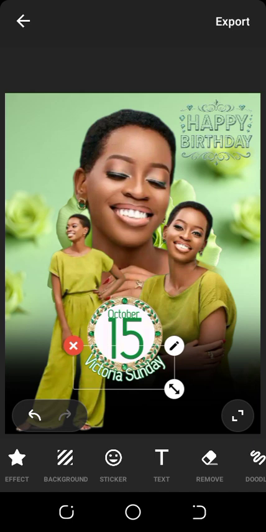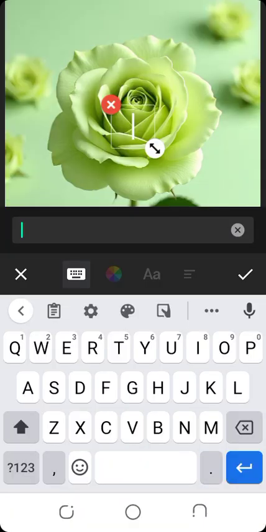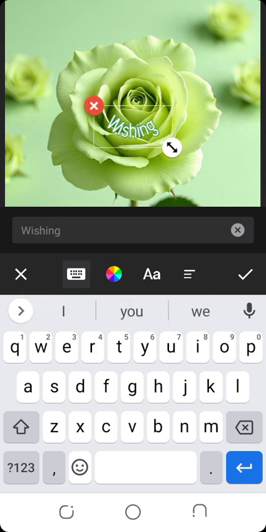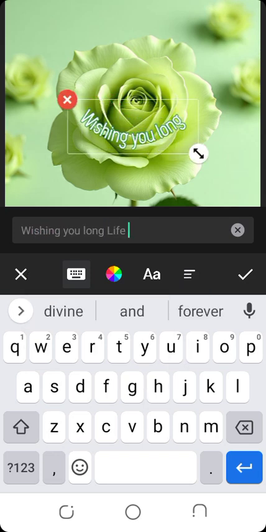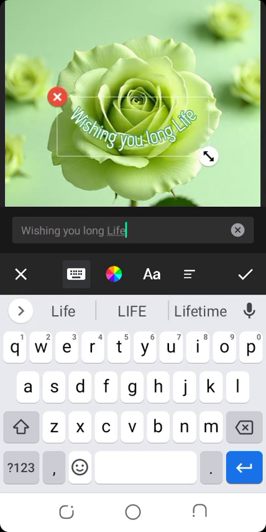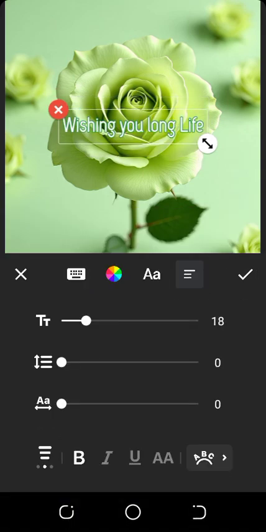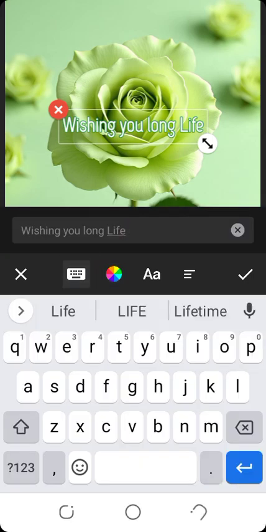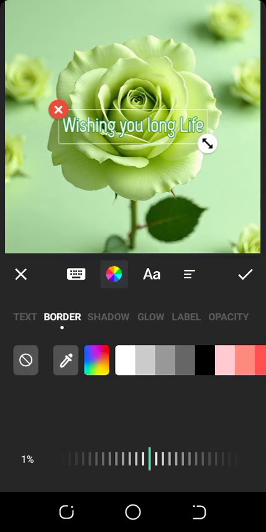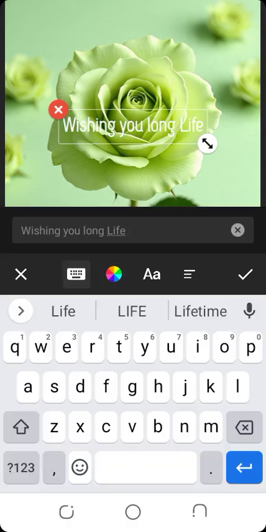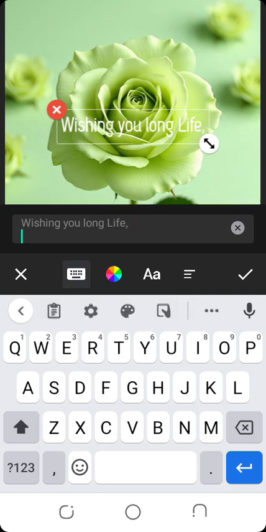So the next thing I'll do now is I will say wishing you long life. So you come to this A. We don't need it. Done. So come here, the border. You don't need border. Come to this, wishing you long life,